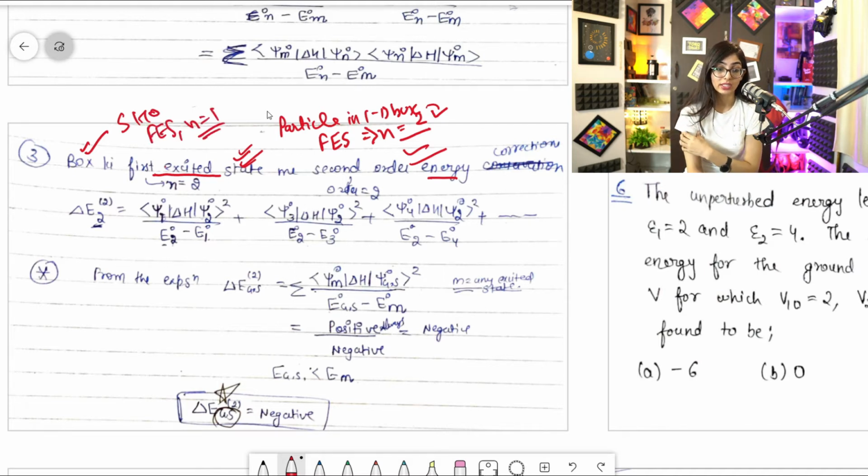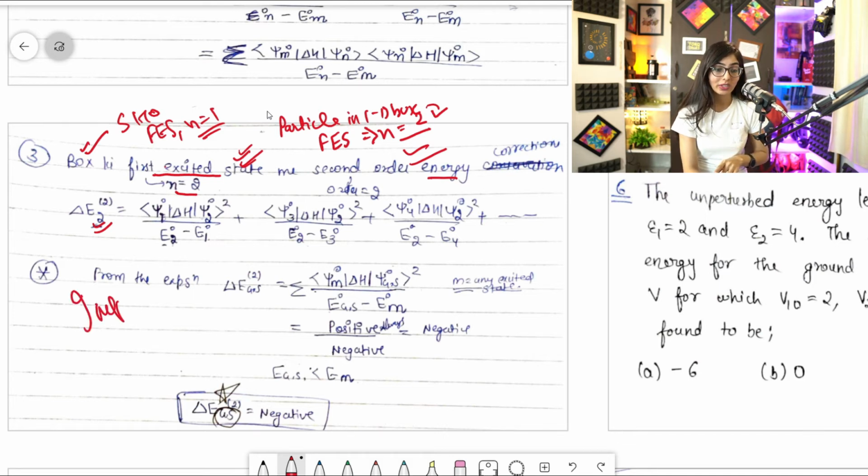Please pay attention to this thing, right? So now you have to find it for the second excited state. That means now N is 2. So you have written N. There is a slight change in this one, guys. There will be a little bit, a very small doubt in your minds. So just pay attention to it and don't leave the video here thinking that we are now pro in second order perturbation. Clear?